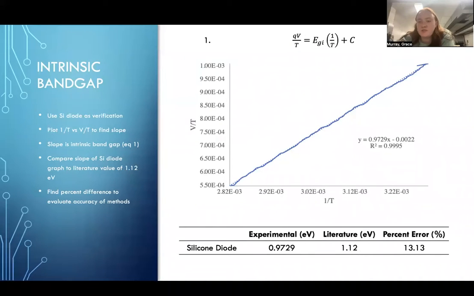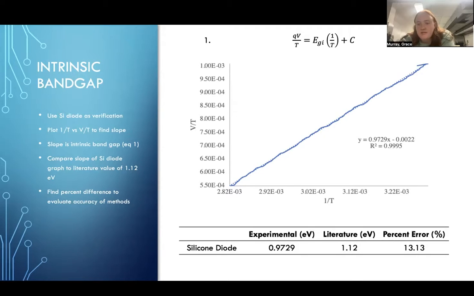The silicon diode was chosen to act as a verification method. It's an insulator at room temperature, meaning the population ratio is at 0 at room temperature. It's made into a semiconductor by adding heat or dopant chemicals that allow for the transfer of electrons. When heat is added, electrons drop from the conduction band into the valence band, enabling the measurement of the intrinsic